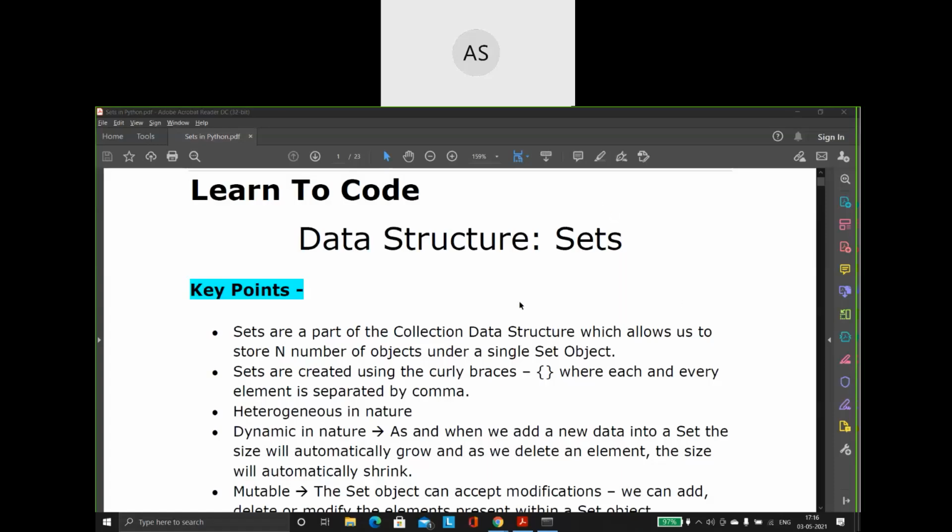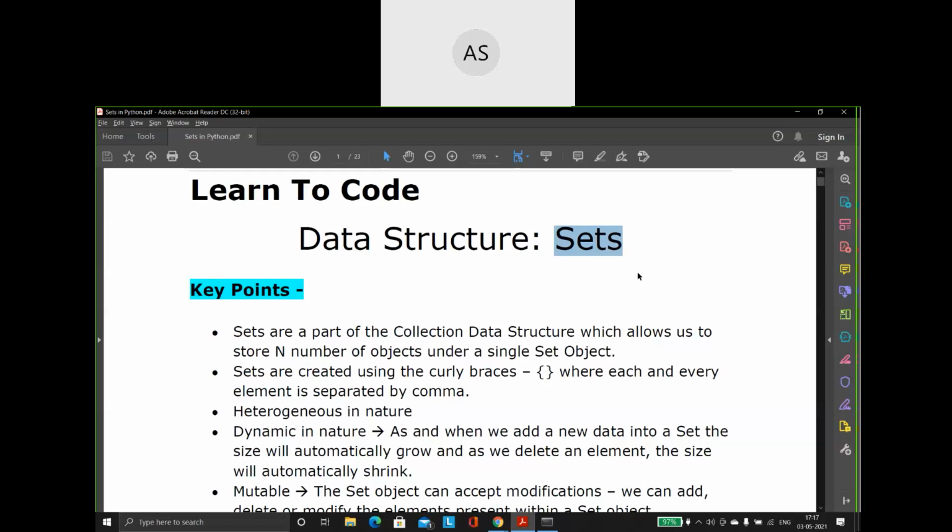Okay, guys. So, as you know, we are starting with the topic of sets. We have already seen some of the collections or built-in data types of Python. We have covered list. You all are familiar with list. What is a list? How to create a list? What are the different built-in functions available with a list? We have covered all those things.